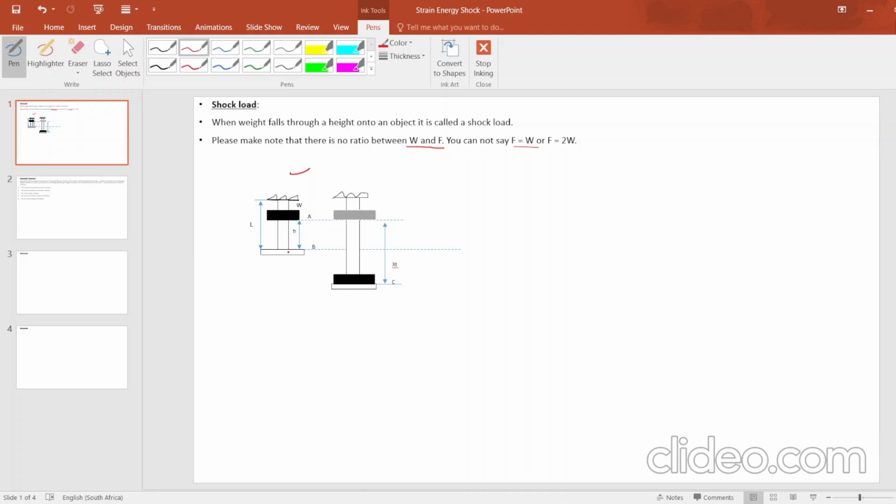It is above this collar at point B, having potential energy. The collar, having the potential energy, because it is at a certain height. Or you can say that W has potential energy because of its position, the height. The load W is dropped through the distance h onto the collar. When this mass drops onto the collar, you would realize that the collar will undergo a certain shock,